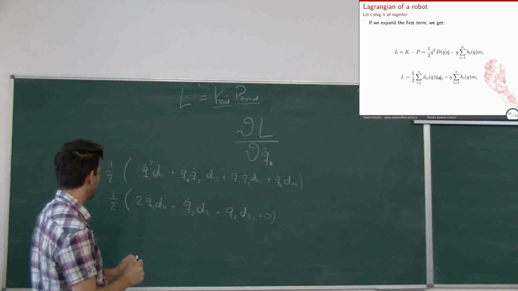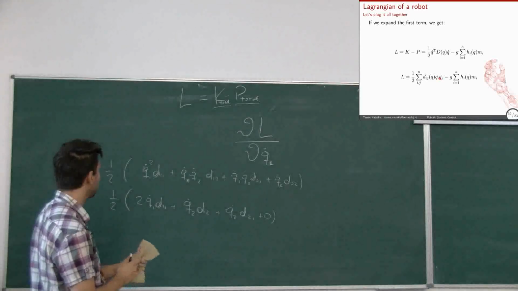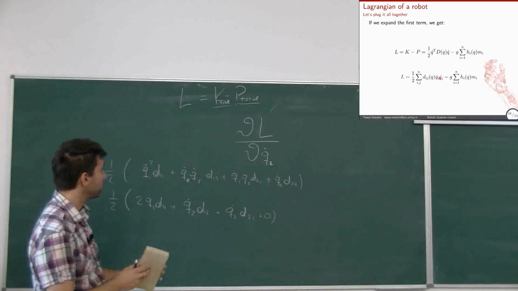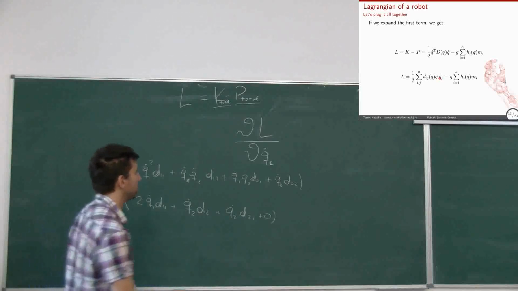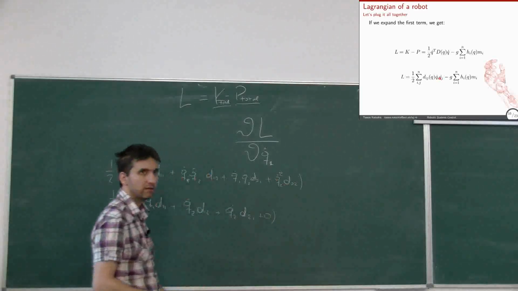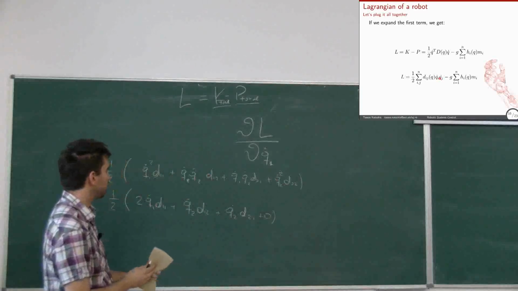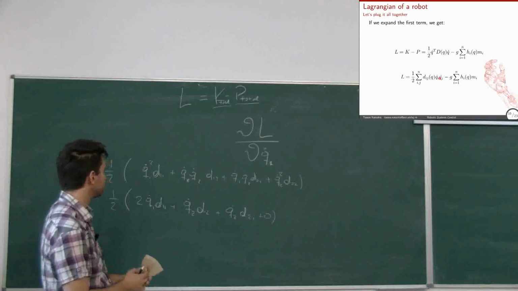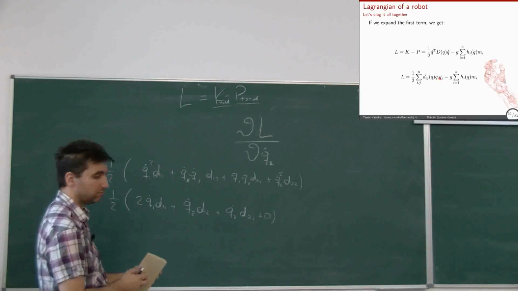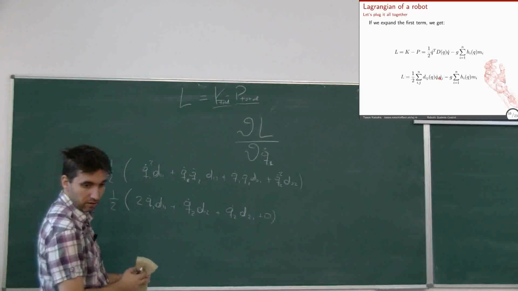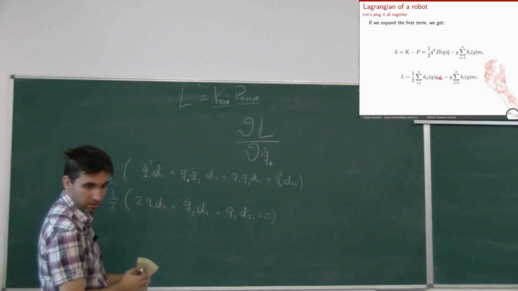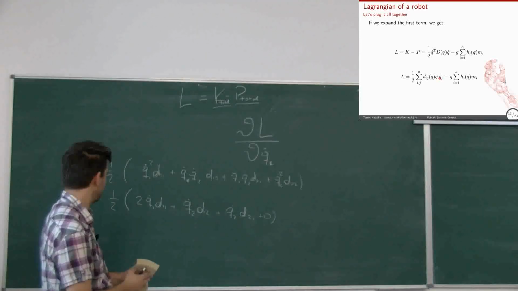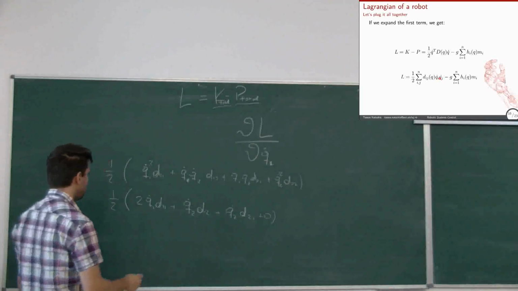What did I do wrong? Yeah, it was squared, but anyway, it does not depend on q1 dot, so it is still 0, right? Good. So this, in the end, it will be